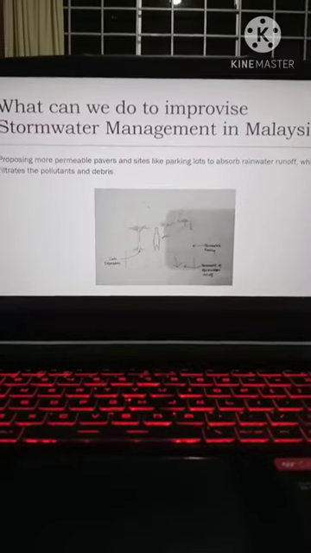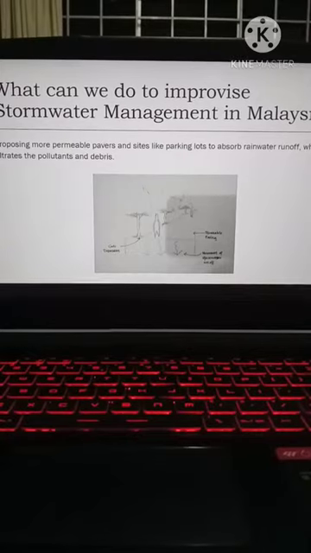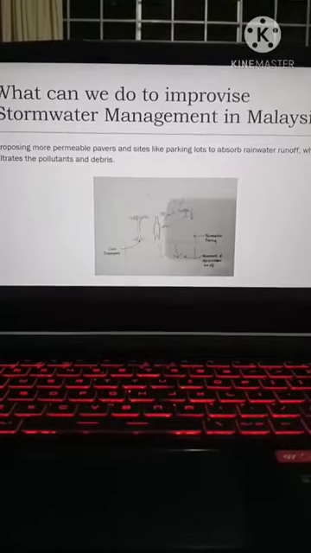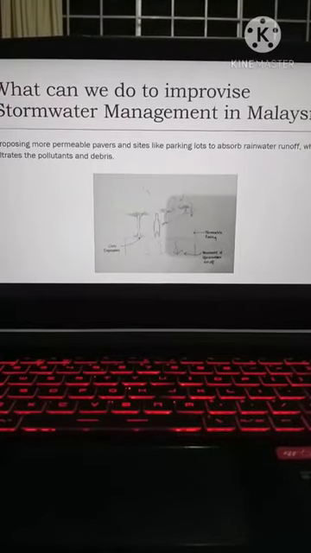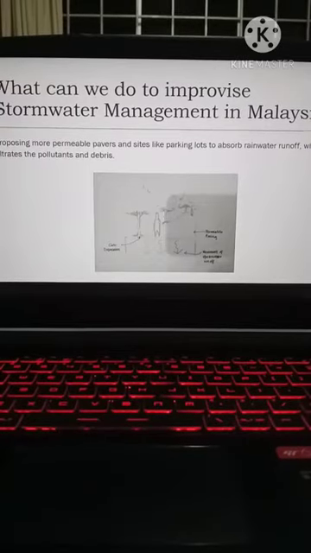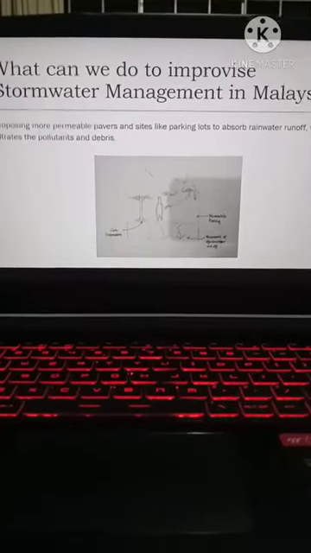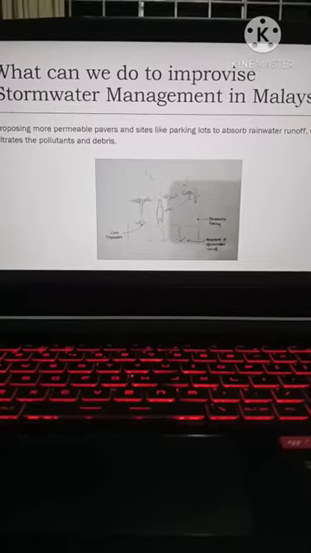So having said that as a problem, there are a few suggestions where we can implement to improve the stormwater management in Malaysia. I have come up with three suggestions after some research and reading. Number one would be proposing more permeable pavers in sites like parking lots to absorb rainwater runoff, which filtrates